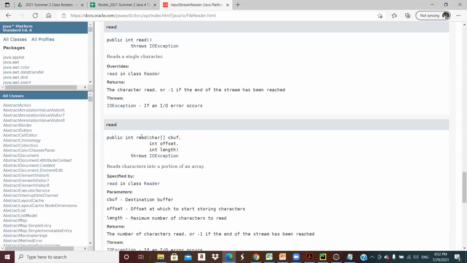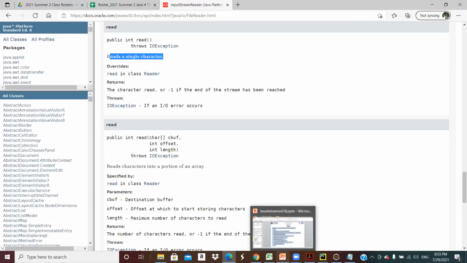Let's say here, read. If you do not use an array, then it will just read a single character. It will only read a single character. All right, so let's move on